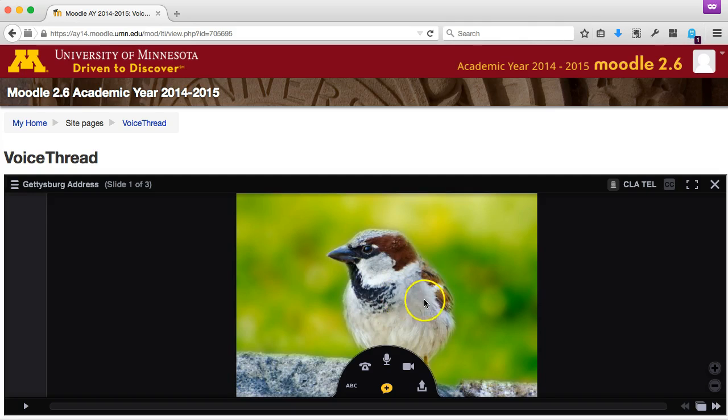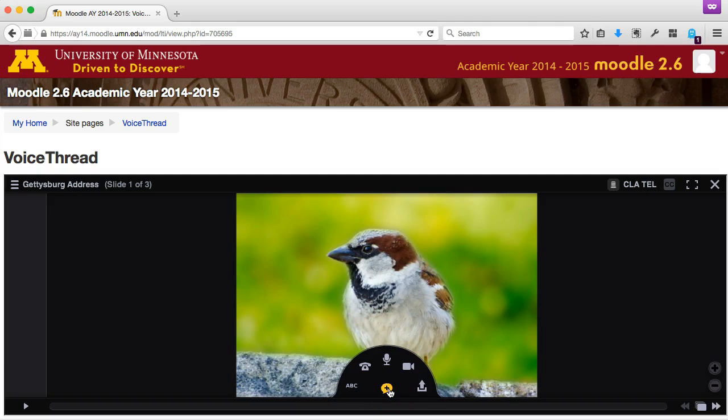You will see your VoiceThread open up to the first slide in your presentation. You can always check which slide you're on by looking at the text along the top of the screen in the viewing window here, where it will tell you slide X of X. Now, let's say you want to add a comment to this slide to point out something interesting in the image. All you have to do is click this comment icon,